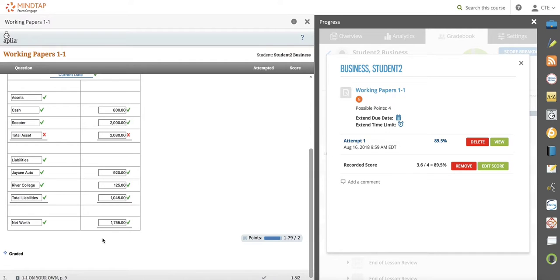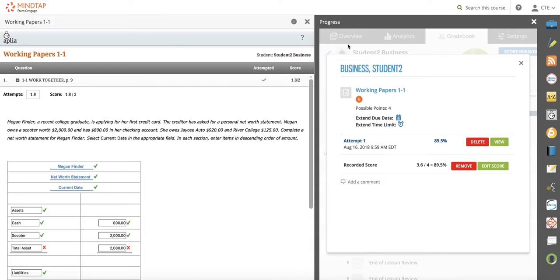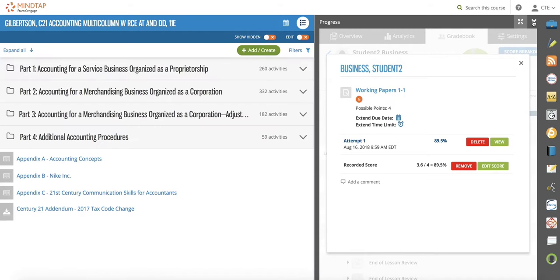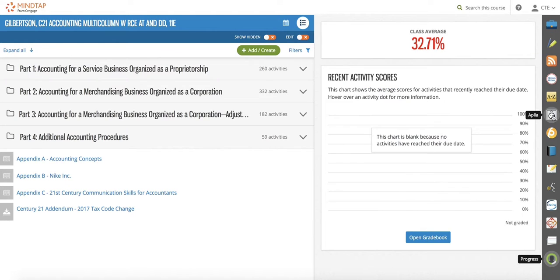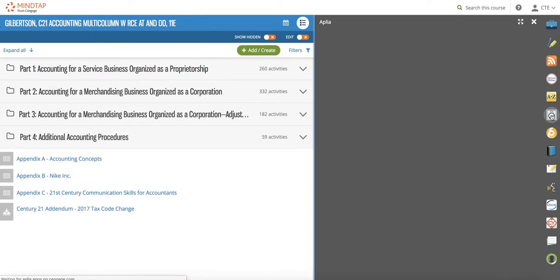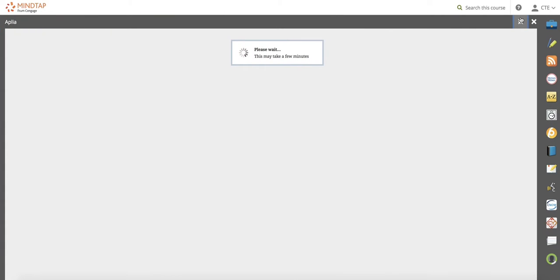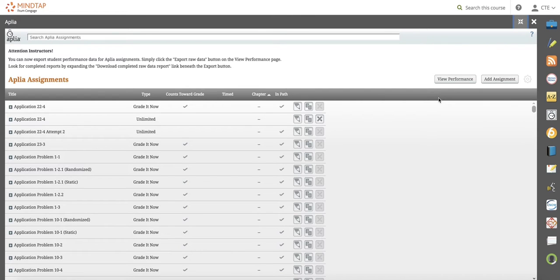And these things were right. So there isn't a little printer button from this view. However, if you look at it instead through the Applia app on the right-hand side, the performance reports that were in Applia standalone live inside this Applia app. So if I open the Applia app and then I click View Performance,